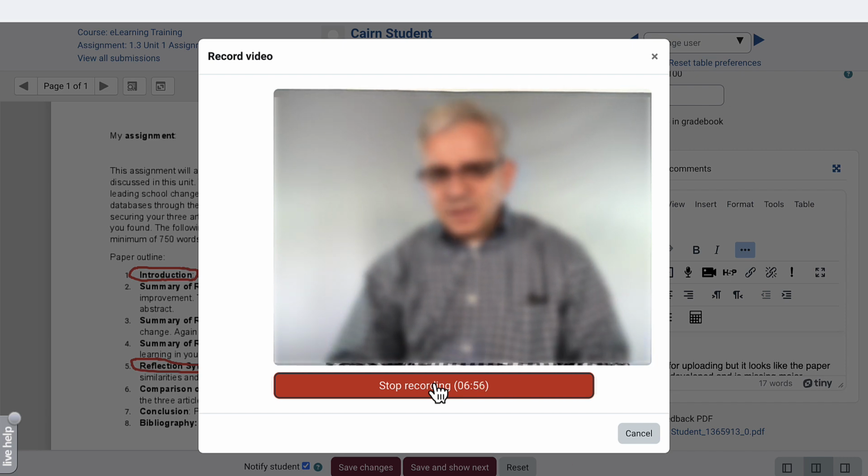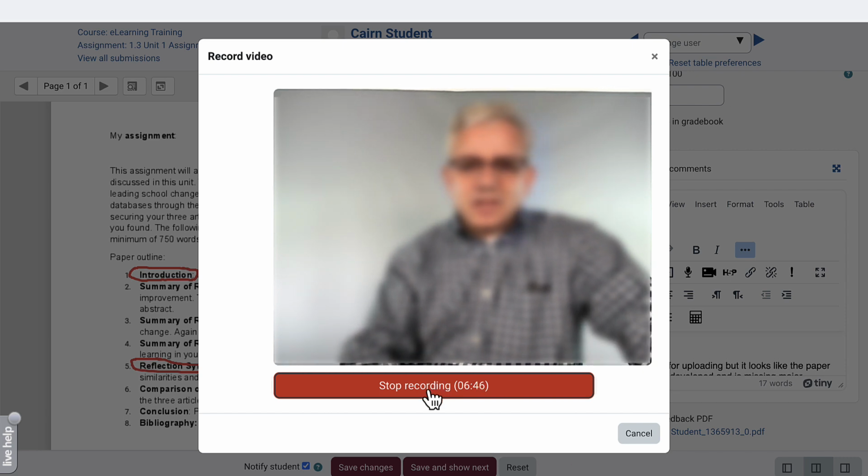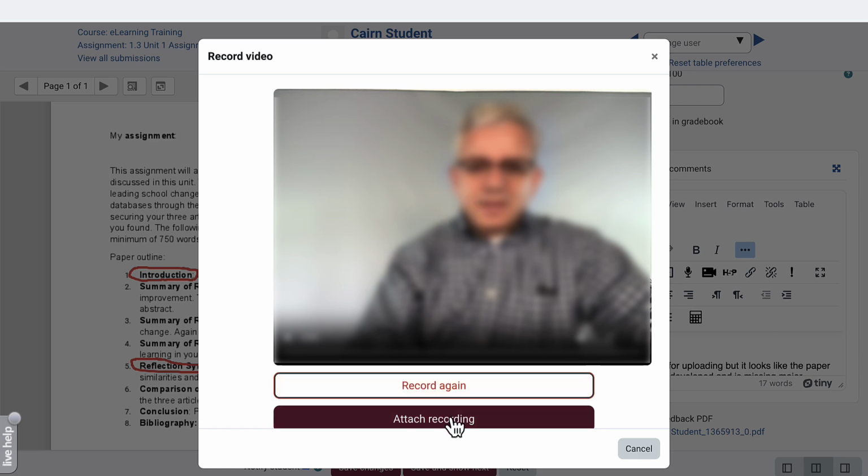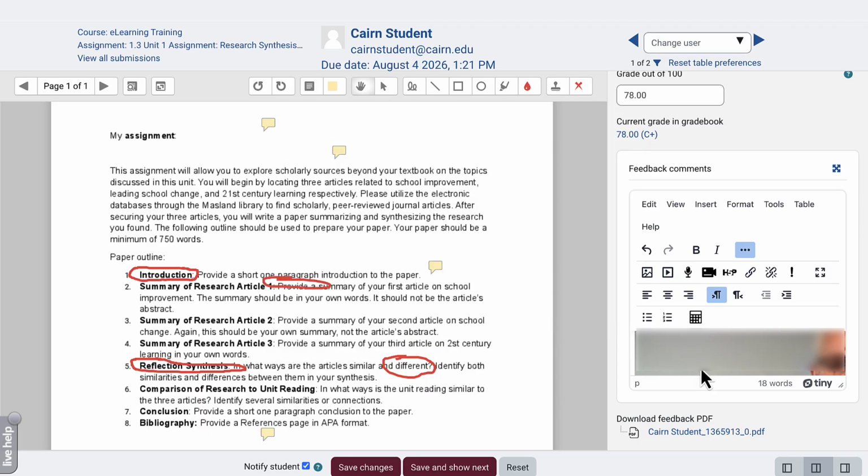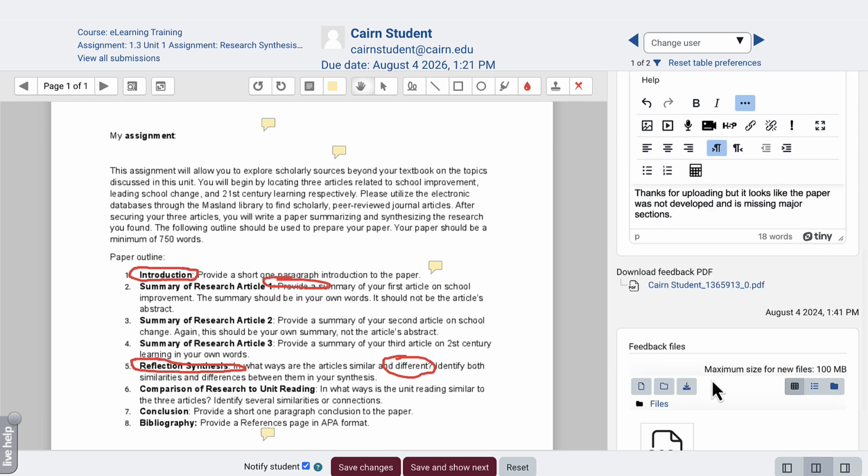feedback via video. Then here we click on Stop Recording, then click on Attach Recording, and then your video feedback will be posted directly as part of this graded assignment. Then press Save Changes,